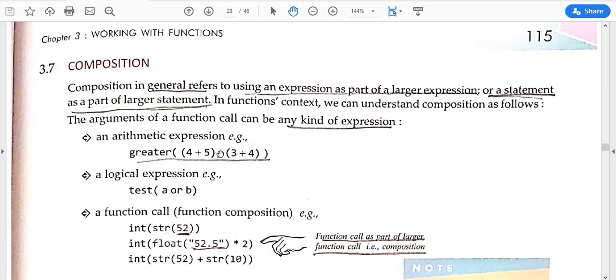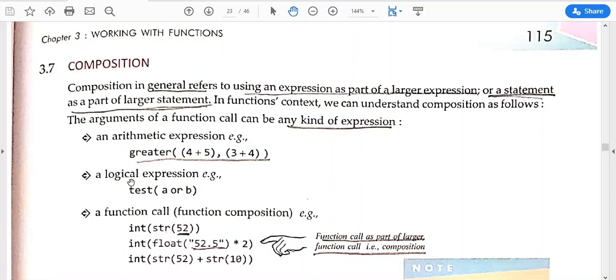Firstly these need to be evaluated, then we can use these particular solutions as arguments to this greater function. 5 plus 4 is 9 comma 7, so greater 9 comma 7, so this will finally be the function call. So an arithmetic expression we are using as a composition.